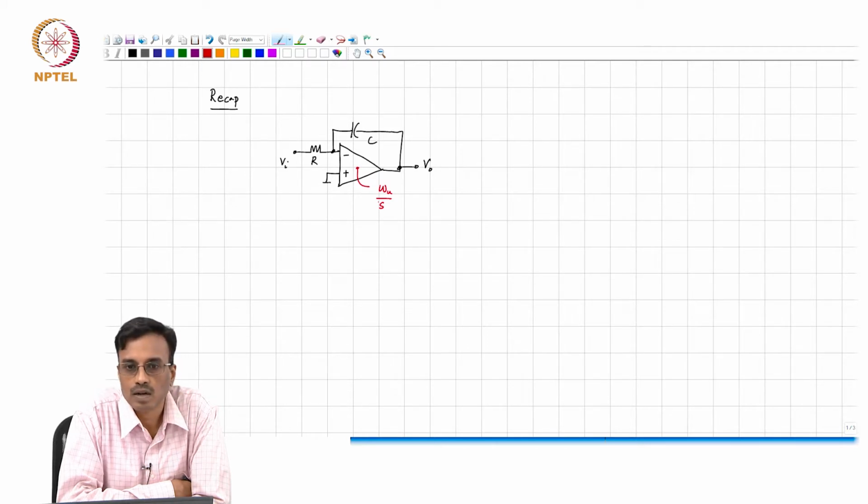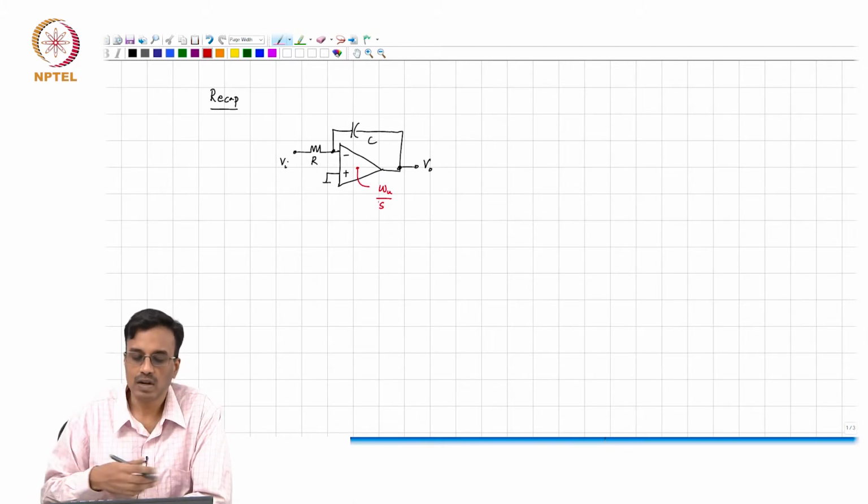The DC gain, for all practical purposes, can be neglected since it is so high. So all that remains is that the op-amp, instead of having an infinite bandwidth, you can think of it as having a transfer function over the useful frequency range of omega u by s. Omega u is the gain bandwidth product of the op-amp in radians per second,